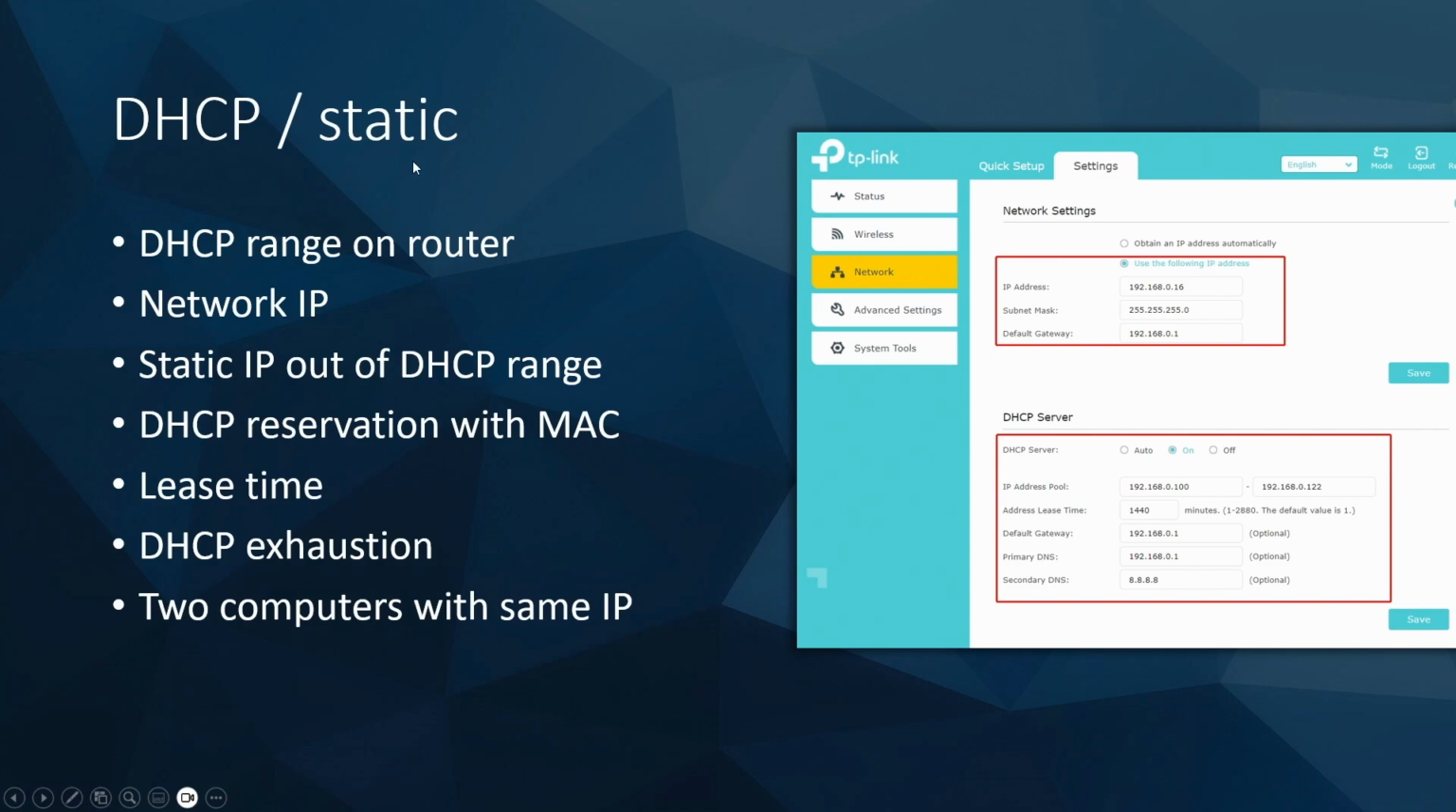DHCP. What is actually DHCP? DHCP is something that, when you plug your device into a network, will try to get an IP from the router. On the right side, I just put a screenshot from the internet. Why this screenshot? Because you can see that with DHCP,